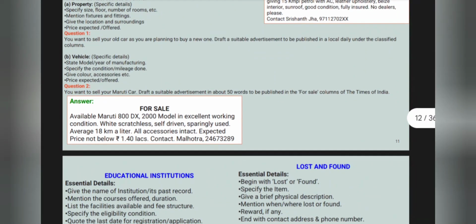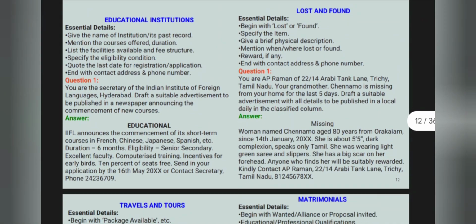Okay, now we have two more: educational institutions, and lost and found. See, in an educational institution, if you want to hire a teacher, you will draft what the things are, meaning the name of the institution you have to write.